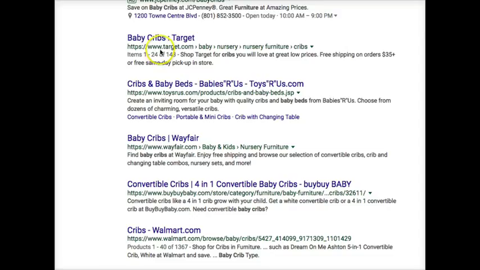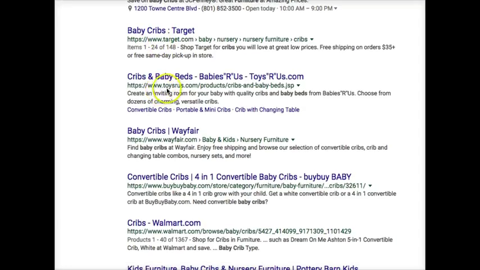They are the #1 position for what we call organic search results. They are the first company that Google thinks is most relevant to the term baby cribs. They have gained that placement. Toys R Us is #2 in this placement. Wayfair is #3.